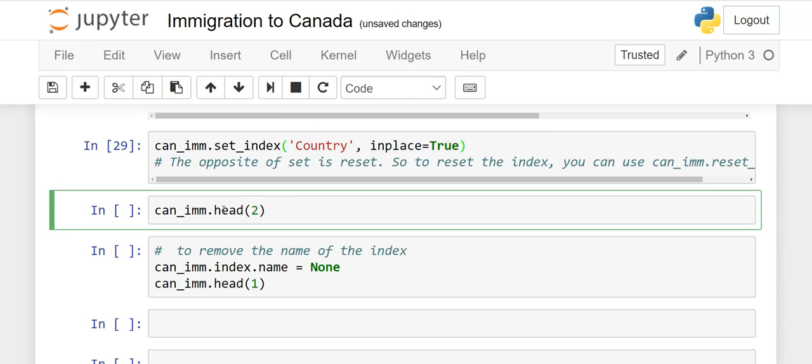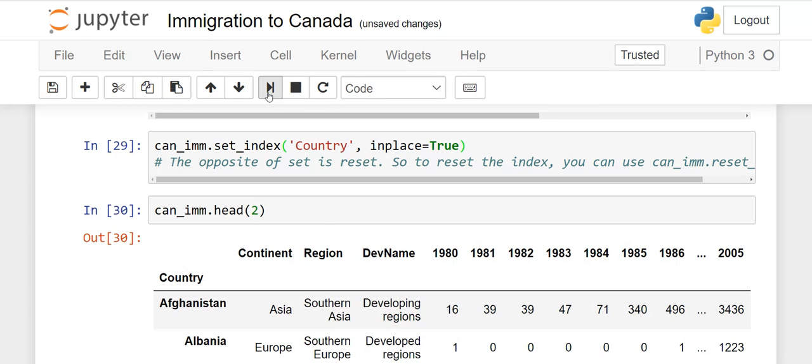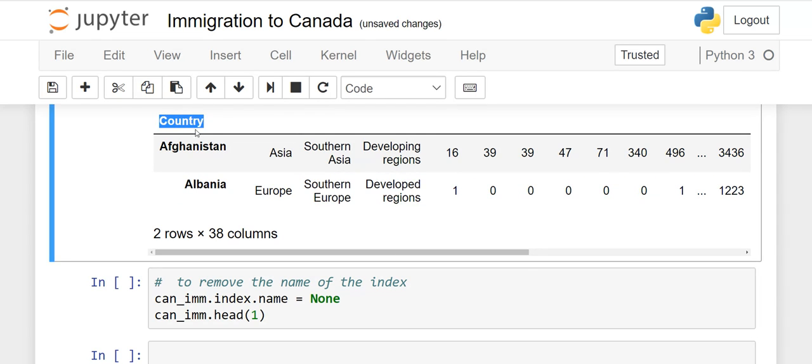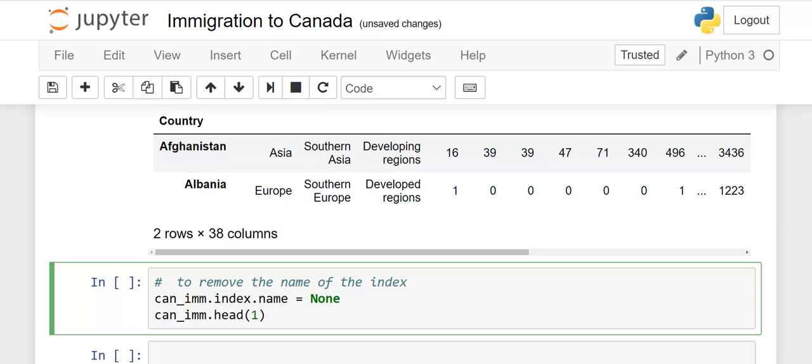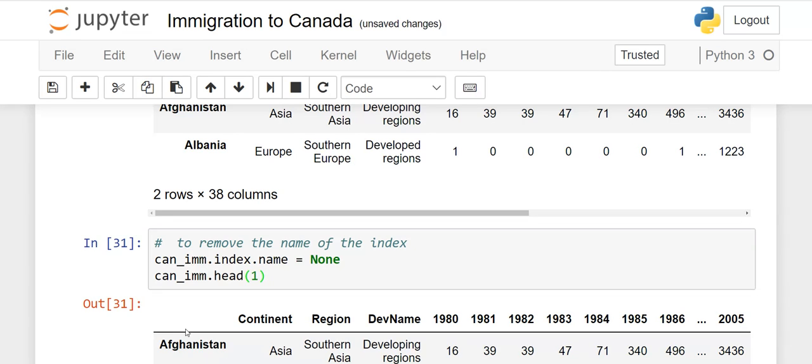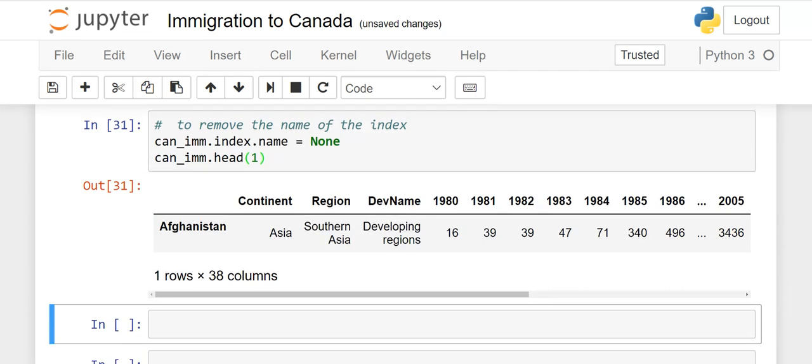If you want to check, we can use the head function. We only want to get two records. So now see, our country is our index, and there is a difference between these two levels. These are the names of the columns, and now country is our index. Now it will be much easier. If you want to remove this name, just like in the previous example we did not have any name for the index, if you want to remove this, it is okay, but if you want to remove it, yes, you can. Data frame name dot index dot name equal to None, and this one is only for checking whether it is removed or not. Yes, it is removed from here, so you can check.